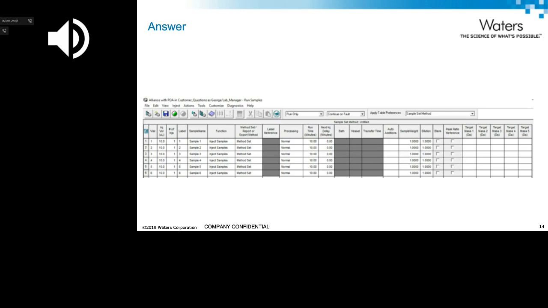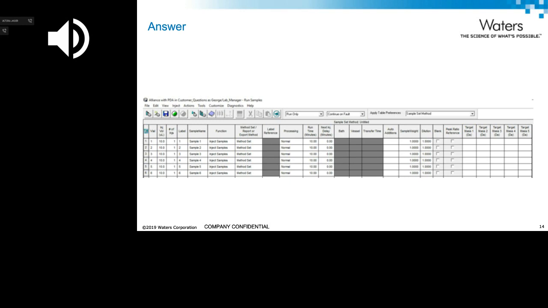So since the person asking the question mentioned the sample weight and the dilution, sample weights and dilutions do behave differently, standards versus samples. So what do I mean by that? Well, when I run a sample, and I am quantitating my API off of the calibration curve, Empower takes that amount or concentration from the calibration curve.